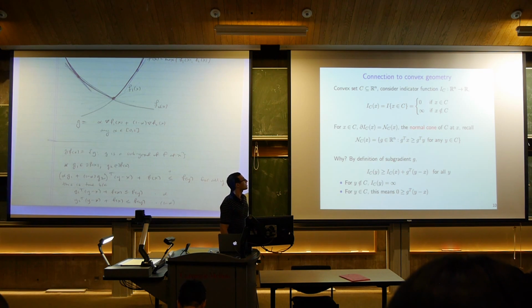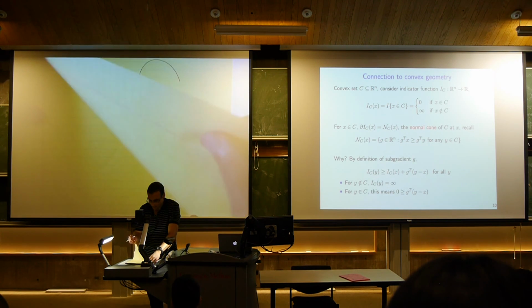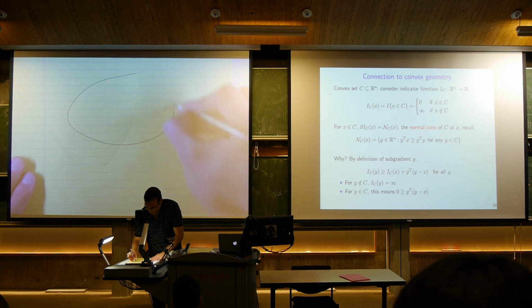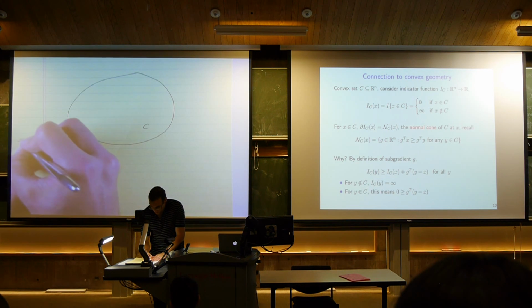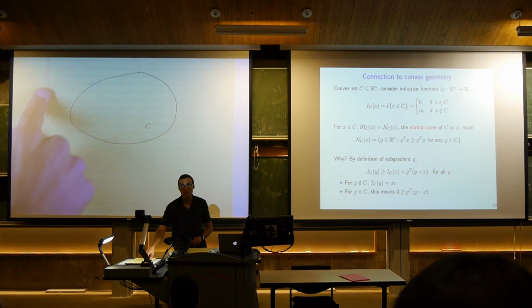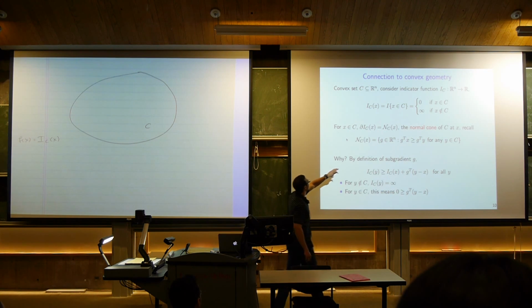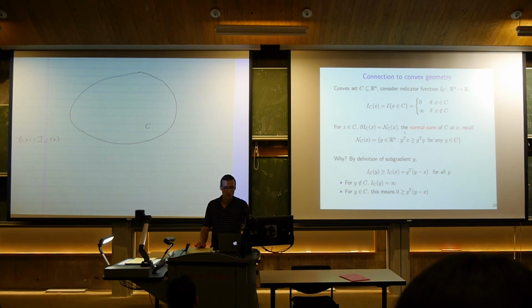There's an interesting connection between subgradients and convex geometry. Remember, we learned what the normal cone was. It so happens that if we take the indicator function, suppose this is our set C, and we take the indicator function as our function. This is the function that's 0 on the set and infinity outside of the set. Then it turns out that the subdifferential of the indicator function at the point x, here we're assuming C is convex, so the indicator function is too, is just the normal cone